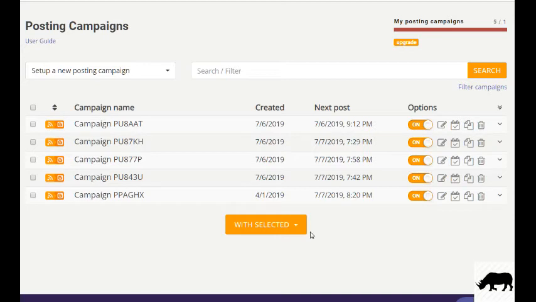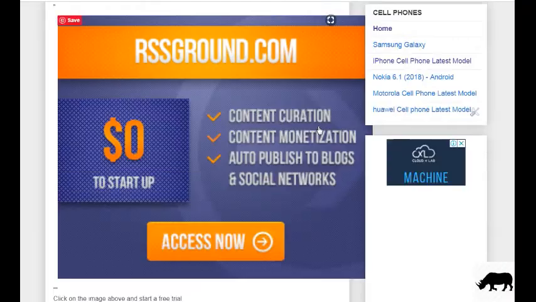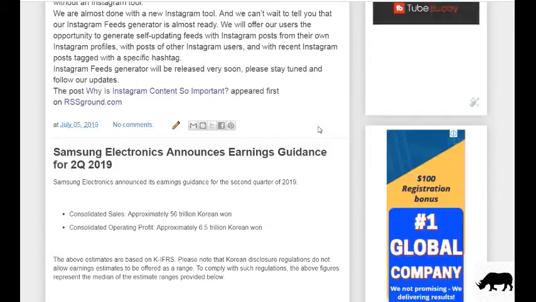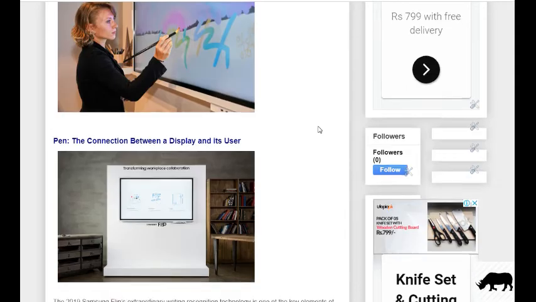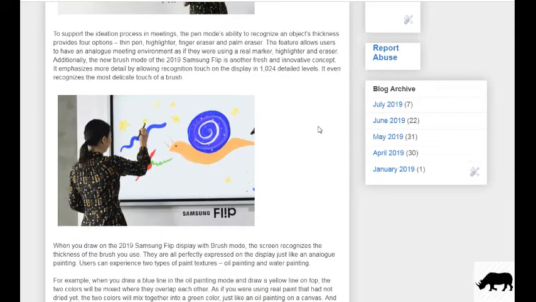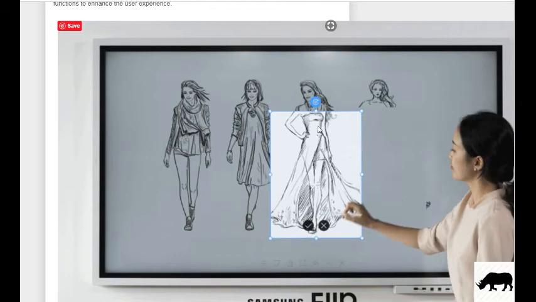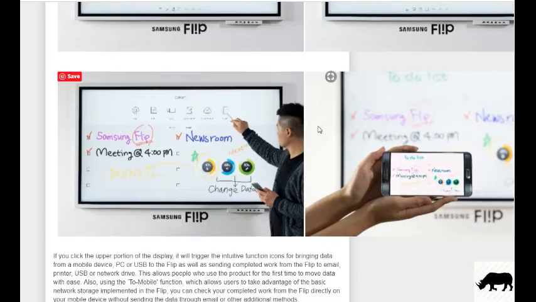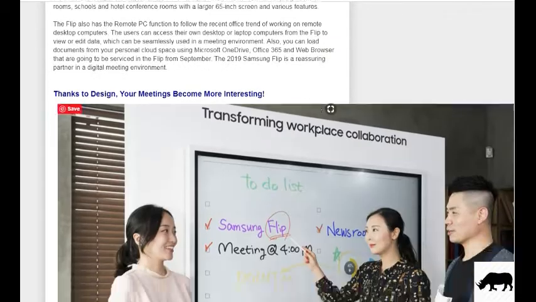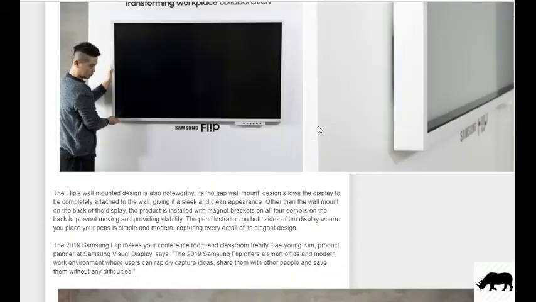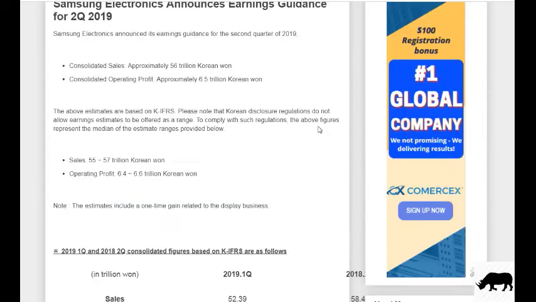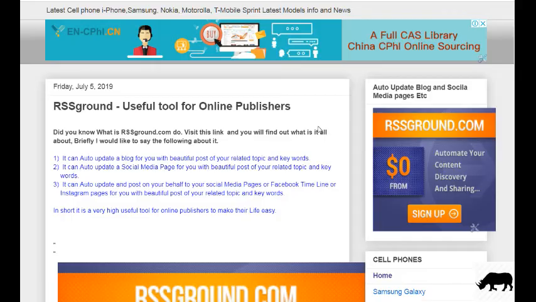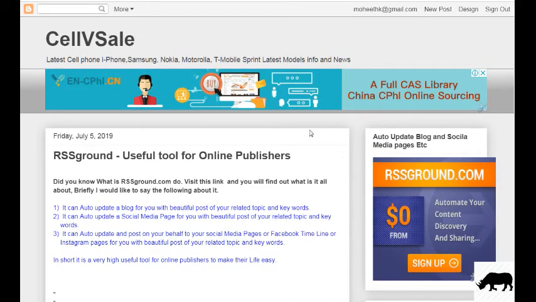I'm testing it and it's working, and you can see and witness here that these posts to my blogs are auto posted by the RSS ground, and these are very attractive, beautiful and helpful posts according to my subject and my keyword. I like it. So I'm convinced, and I have taken the services of RSS ground.